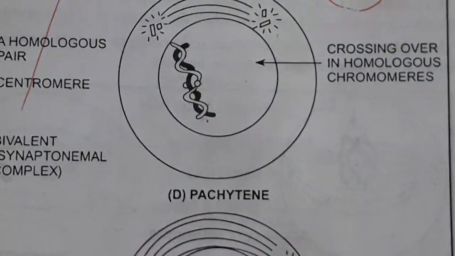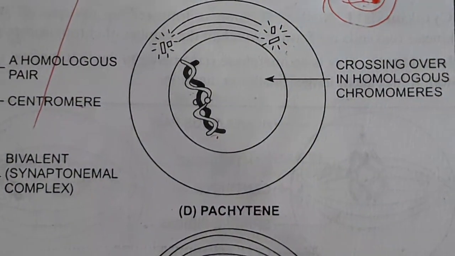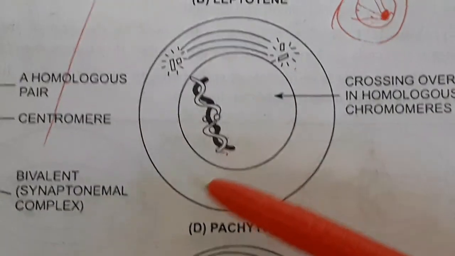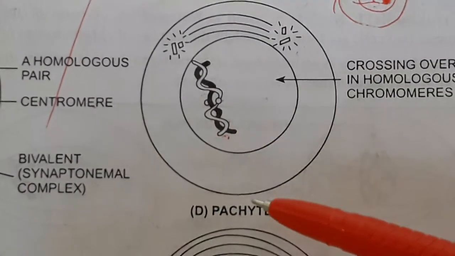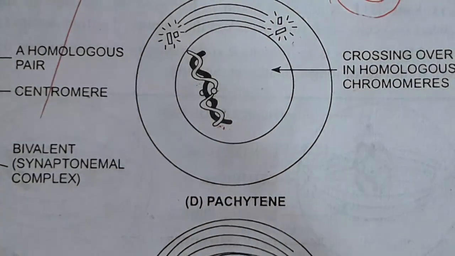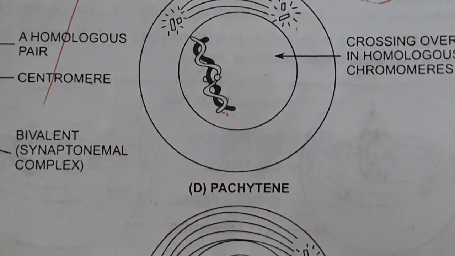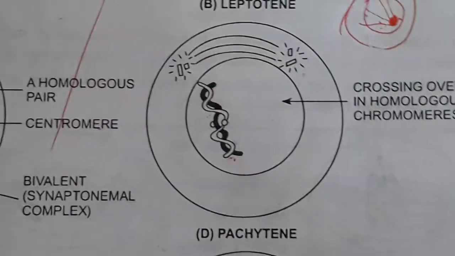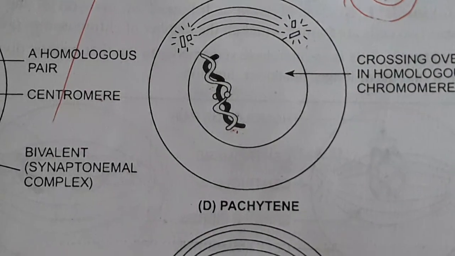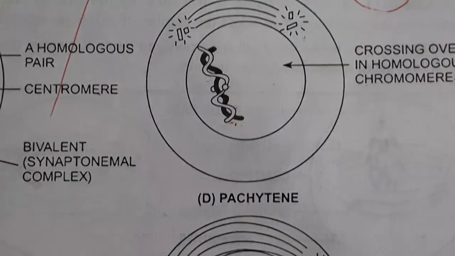Okay, and here the crossing over actually takes place in this particular stage. The chromatids of a chromosome are the sister chromatids, and the chromatids of the homologous pair are called the non-sister chromatids, and the exchange or crossing over takes place between the non-sister chromatids of the homologous chromosomes. So the crossing over is a very important process and it is responsible for the variation of organisms. Okay, so this is very important in case of the sexually reproducing organisms.